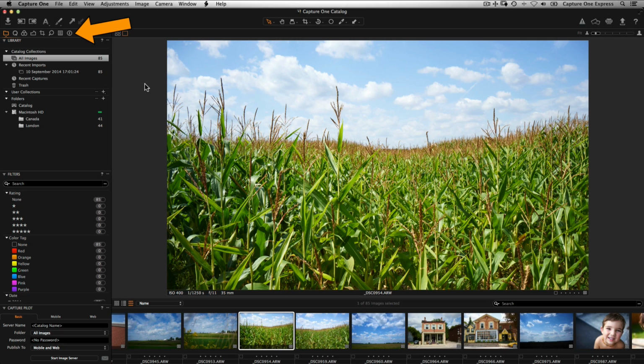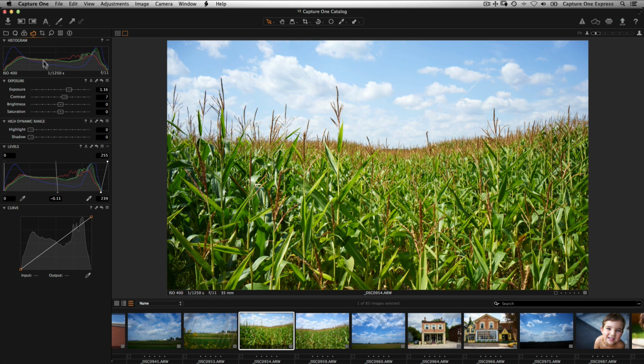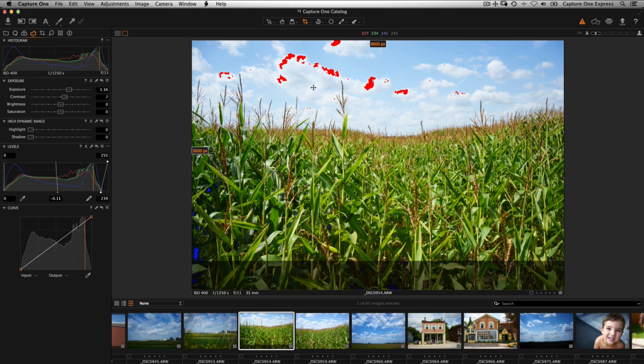On the left-hand side is the Tool area, divided into several tool tabs. These tool tabs contain all the necessary tools to work with your images in Capture One. The toolbar contains clickable icons which enable various functions or trigger certain actions, for example displaying exposure warnings. The center of the toolbar contains cursor tools which change the behavior of the cursor, for example selecting the crop tool. Some cursor tools have additional options by clicking and holding.